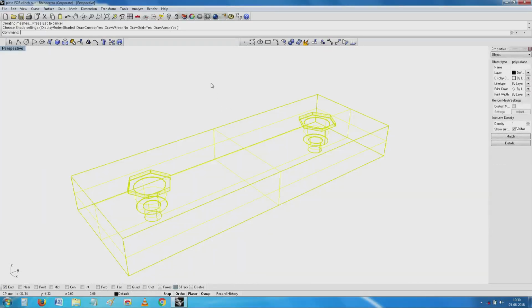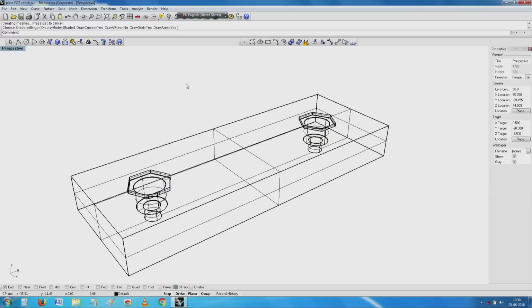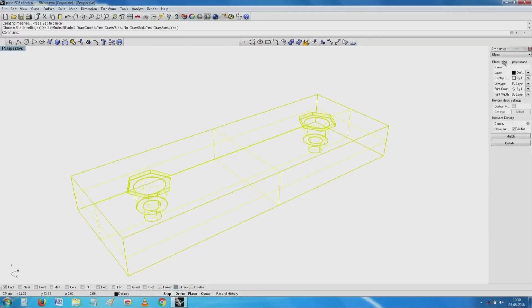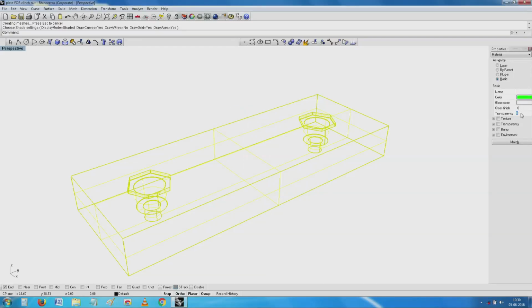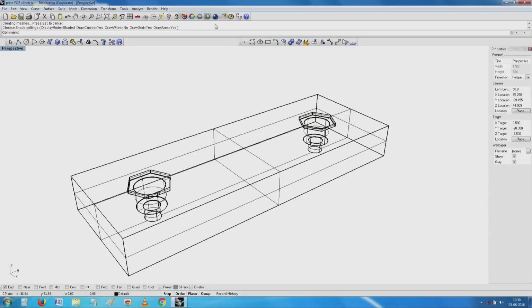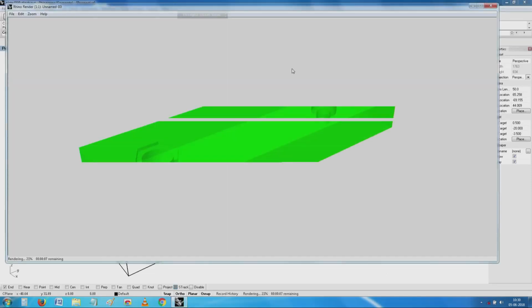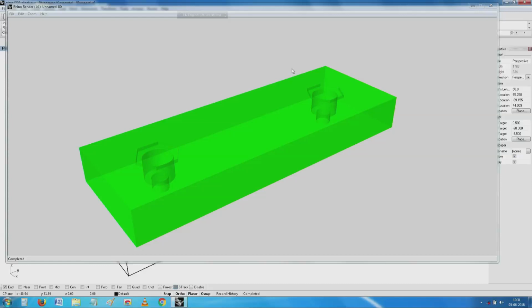Then I go to the properties, make it transparent, and give a rendering, and you see the object that I have there. I hope it is a little clearer now.